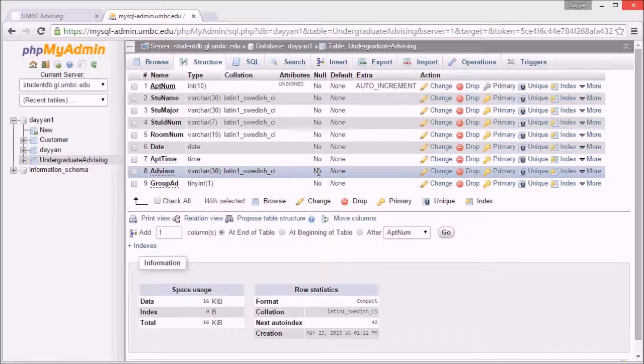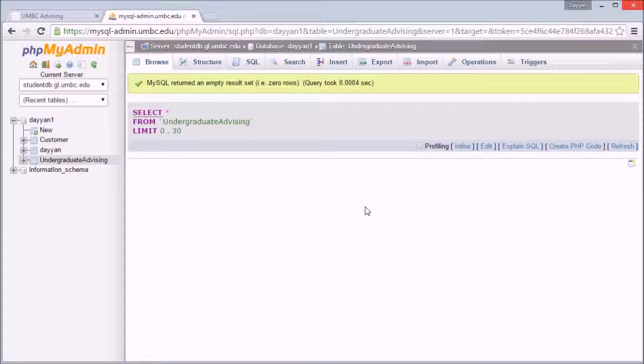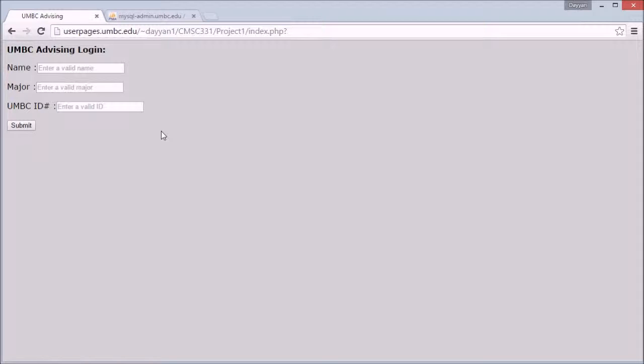You'll notice that the advisor category is not a null category, even though group advising students will not have one specific advisor. Instead of making it null, I decided to fill it with the simple word group. I thought that this would make it a lot easier to look through the data. So with that said, I'll show you that the database is actually empty right now, and we'll move on to